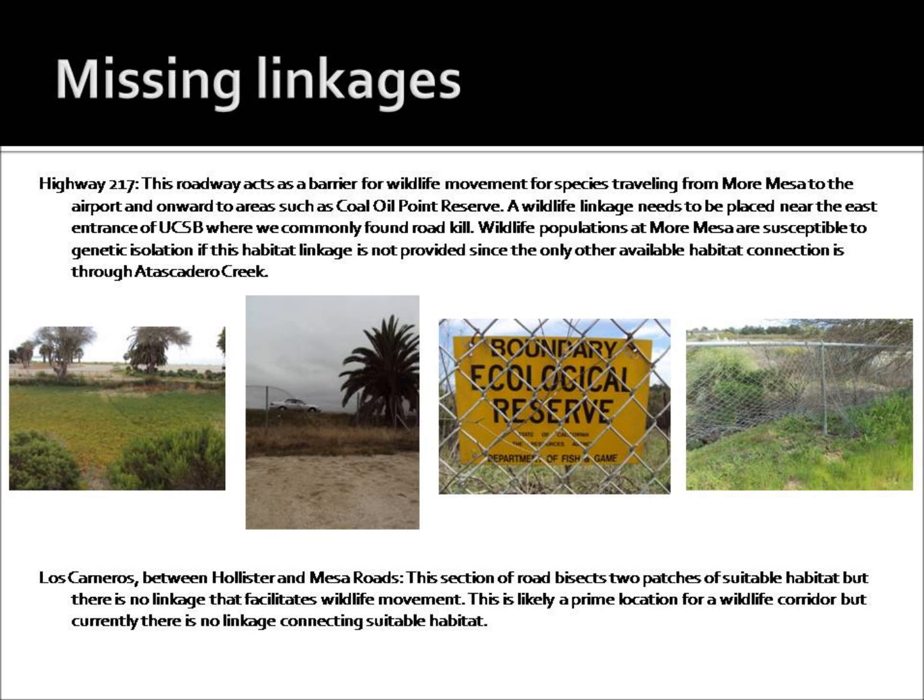And these are missing linkages that I identified. One of them being that 217 that I just pointed out. I really think that that's an important place for wildlife. Moving from more Mesa to the areas like the slough and Cola Point, I think that's a really important spot, and I don't think that those linkages are doing a very good job